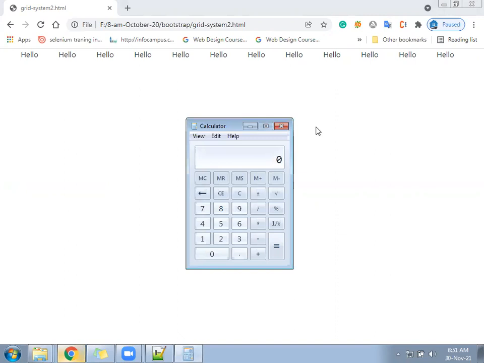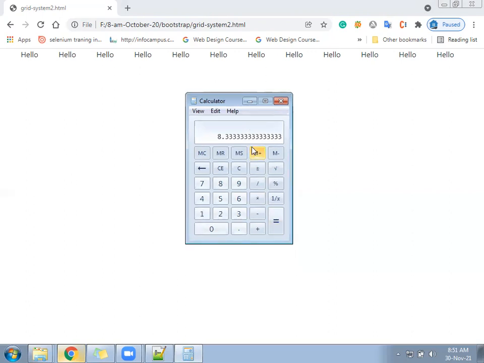In the total screen size of 100%, you are displaying how many blocks? 12 blocks. We followed the 13th one also, and it was going to the new line. That means if we follow more than 12, the last will not come in the same line, it will go to the next line. Now how does it work? How does the calculation happen? Suppose total width is 100%, 100 divided by 12. What will be the width for each column? Look here.